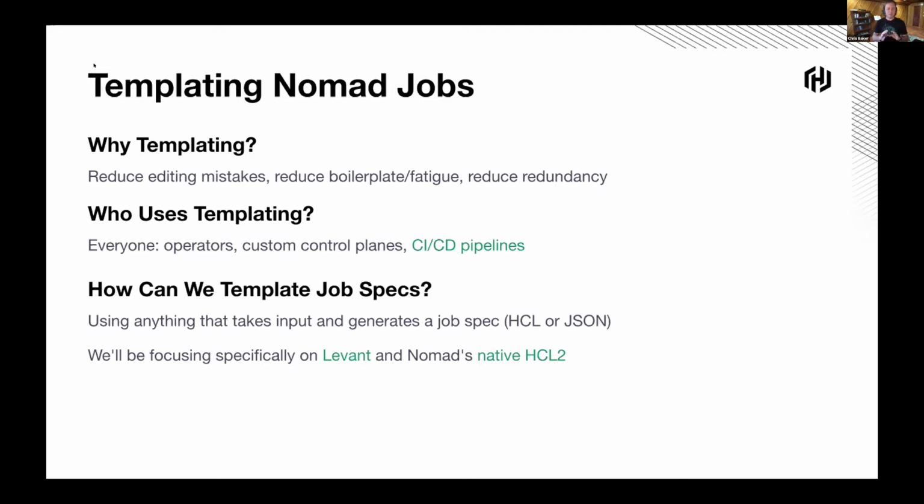And then probably the most popular scenario for templating is in continuous integration, continuous deployment pipelines. I have a job that's running on my Nomad cluster already. Some changes are going to come into my application code base. It's going to build a new image, a new Docker image, a new binary, and I need to get that deployed. There's very few things that are going to change from step to step, but I need to update my